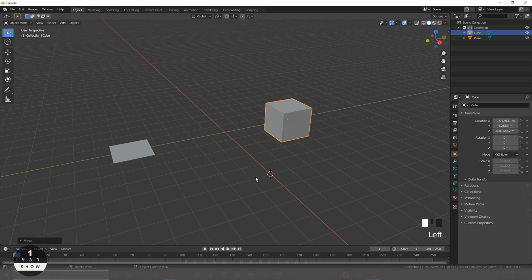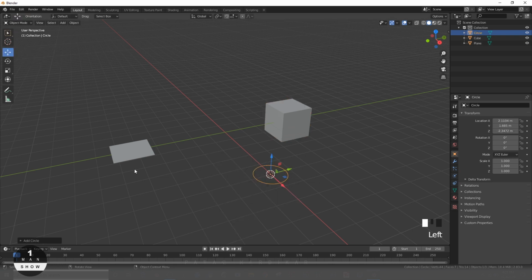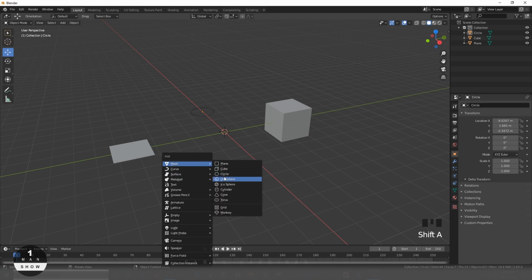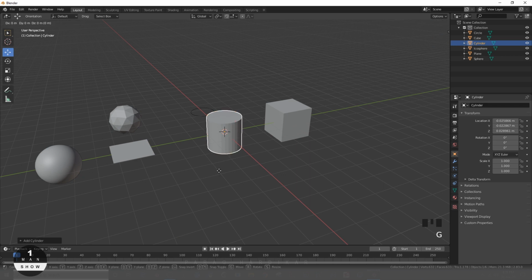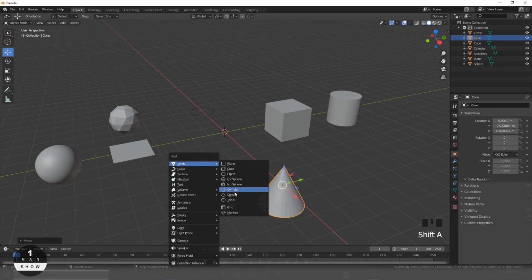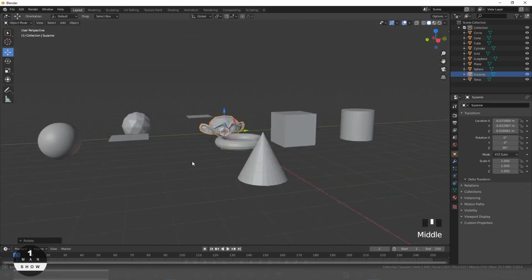To add objects directly, you have to press Shift A, which is the shortcut key to add objects. And to add cursor at any position you want, Shift right click on mouse is the shortcut key for that. This is the variety of objects you will get from mesh menu.